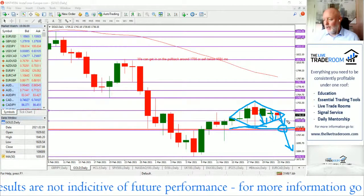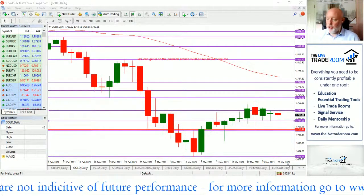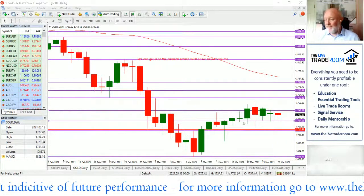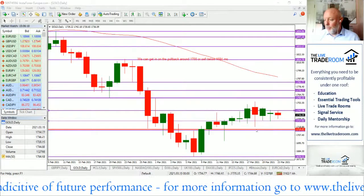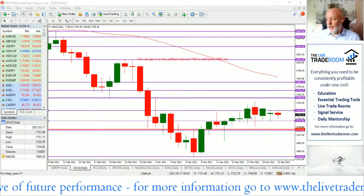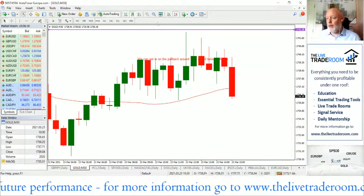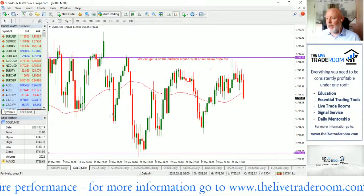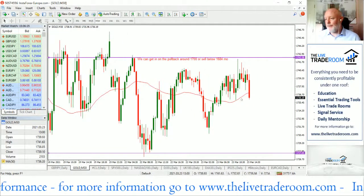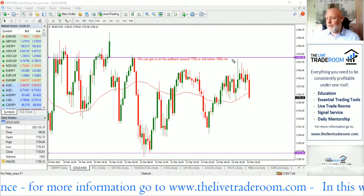And don't get me wrong, you might get some. You're preempting the move is basically what you're doing. So we would prefer you to be a little bit more structured than that, but there's no doubt a trade can exist, especially if you're looking at a 30-minute time frame and prices break a little bit lower. See, they're bouncing off these highs, aren't they? See, even on a 30-minute time frame,